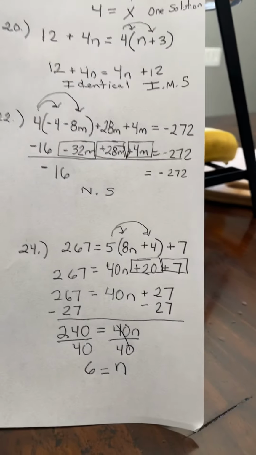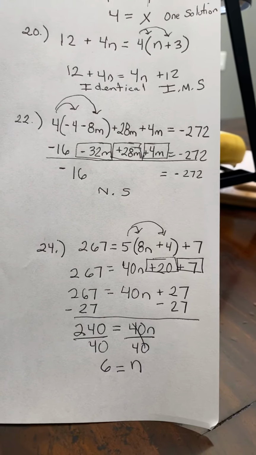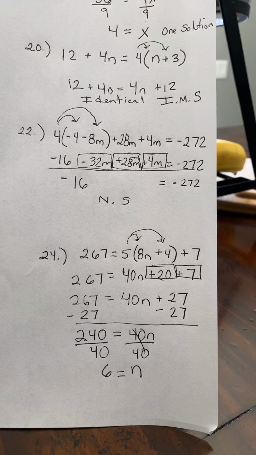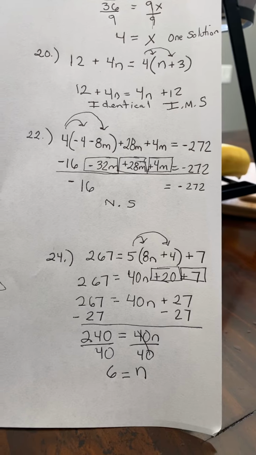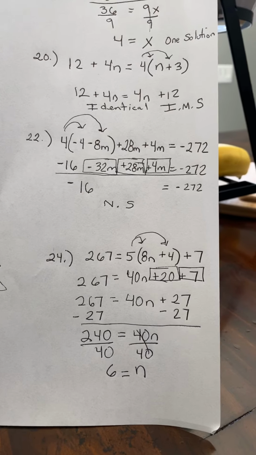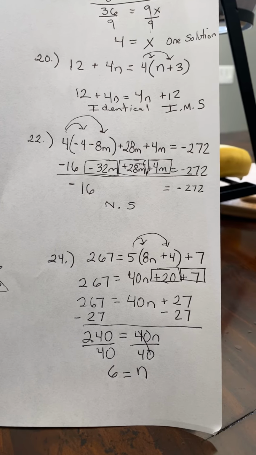Last one. Again, parentheses tells us we're going to distribute. 5 times 8n gives me 40n. 5 times 4 gives me a positive 20. 20 and 7 are teammates. Combine like terms. 20 plus 7 gives you 27. So now my equation reads 267 equals